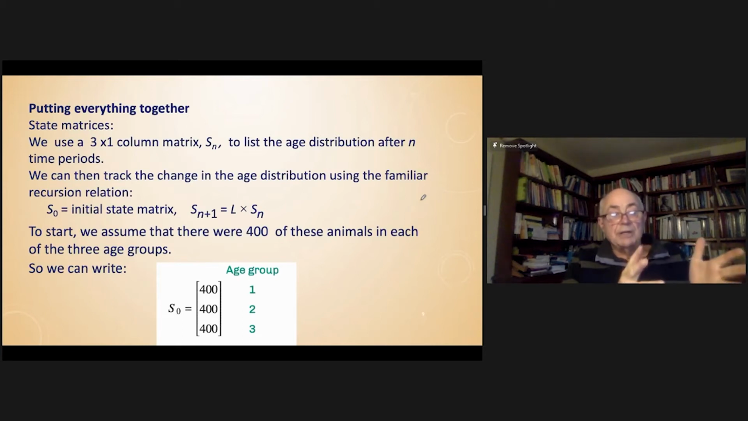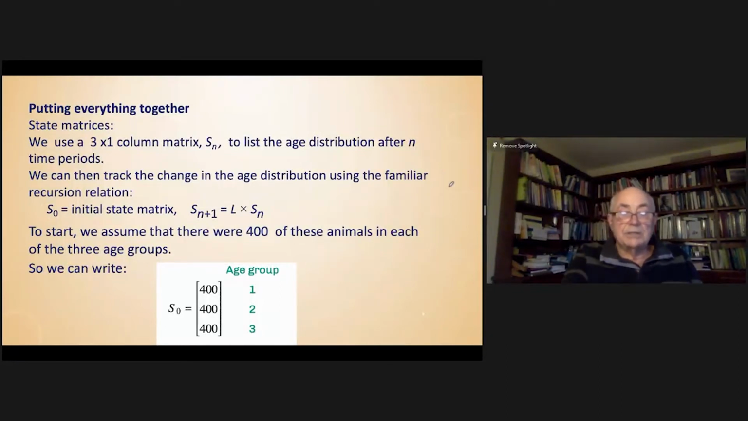We've got a starting value S0, and we've got a recursion relation linking step n plus 1 to step n. It's exactly the same form that you would have with a T matrix. So to start off, let's assume that we have 400 animals in each of these 3 age groups. It's quite arbitrary. So our starting point is a population of seals with 400 in each of the 3